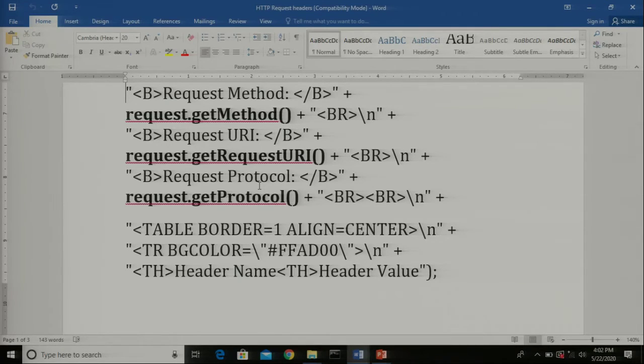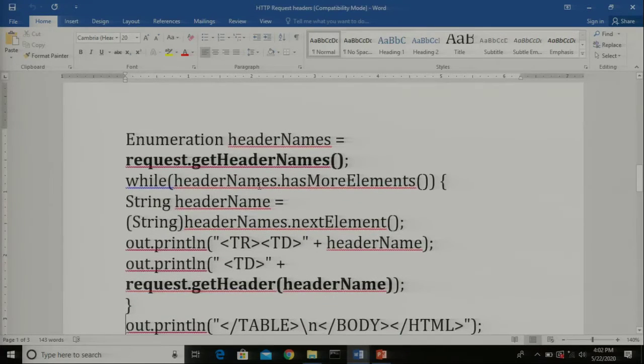Okay, then you can observe here, in a similar format, in the last program we went through enumeration. We have created an enumeration, and using methods like hasMoreElements, it returns true as long as there are values to be accessed in that enumeration. What we are accessing here is the getHeaderNames method, which accesses all the request headers in one stretch.